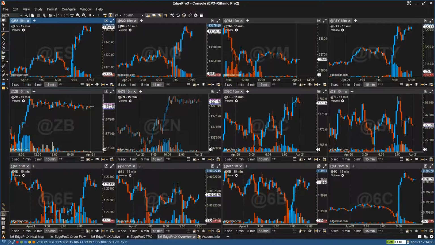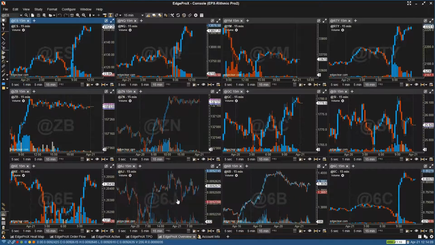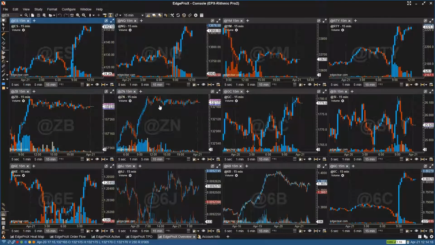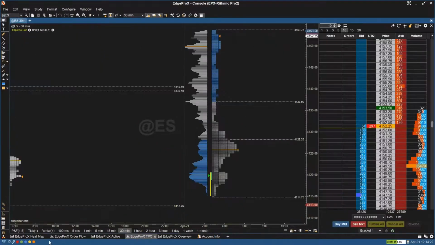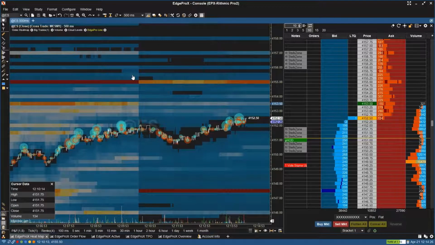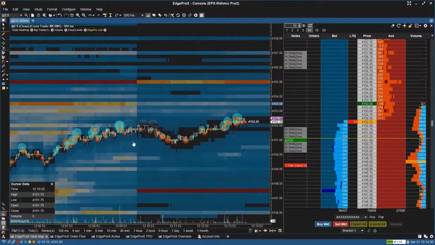You may not need an overview chart as we have it here, so you can just close that layout and be done with it. If you make changes to the layout and you find that you're stuck and you're not able to figure out how to get back, it's okay. We can actually send you the layout backup so you can load it again and come back to the default